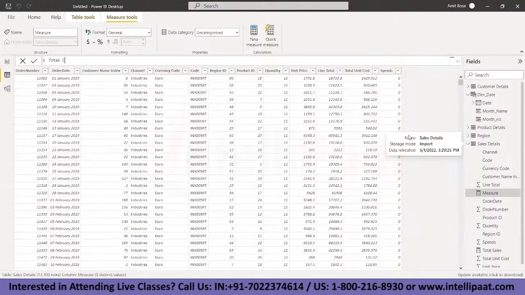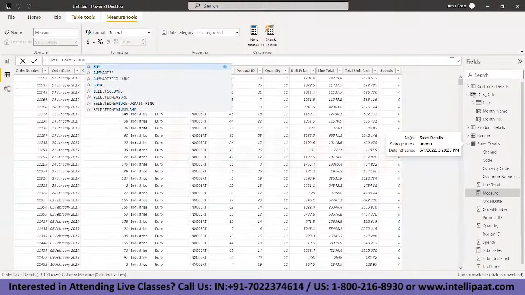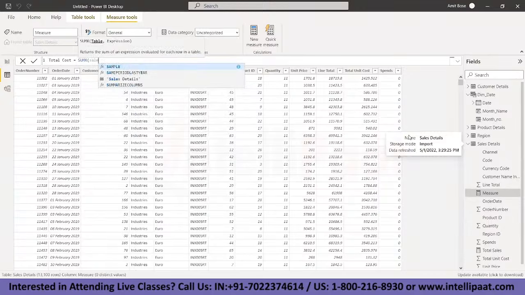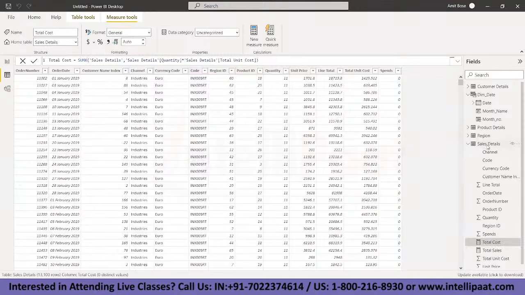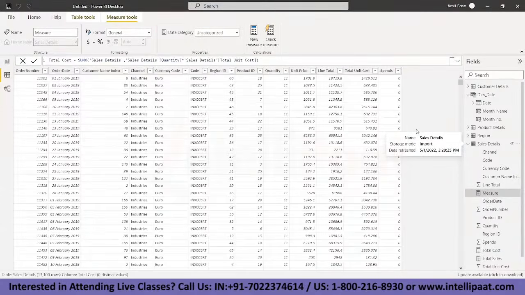Total cost. And I will again use a SUMX function where I will give the sales table name. I will multiply the quantity into unit cost and I'll get the total cost. Similarly, I will get the profit. I right click again, take a new measure, and I will name this measure as total profit,